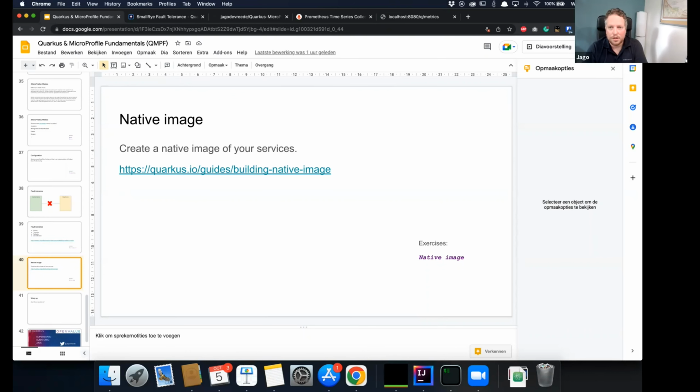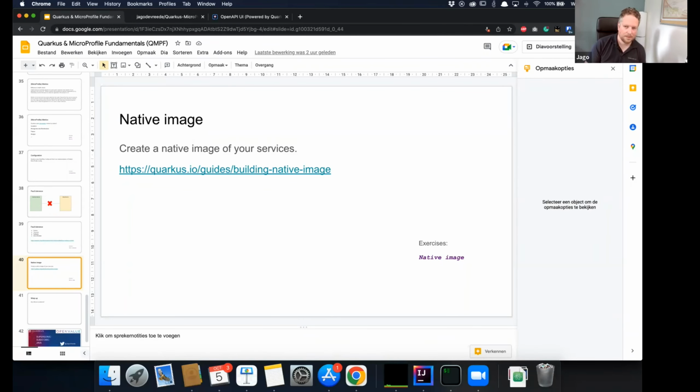So for now, for the last half hour or so, have a look at the native image. See if you can make it work on the shop service. If you're lucky, you can do it in a few commands on the command line, and try it out and play with it and see how much faster it is and what you can and cannot do with the native image. For example, you will see that the DevTools are gone and that kind of stuff. So have a look and see you back at